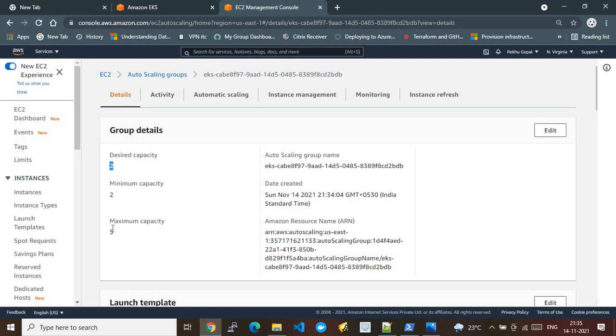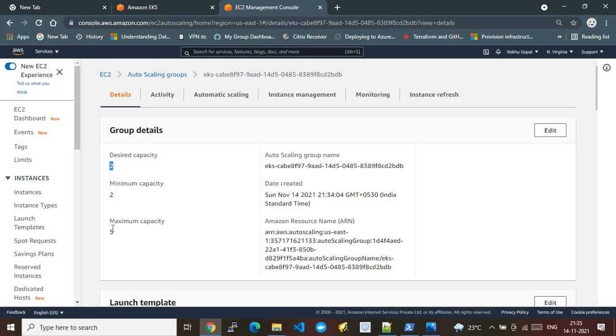Autoscaling time is when a pod resource crunch is happening, then the scheduling from the control plane will automatically identify the free nodes present in this EKS node group, and those waiting pods get assigned to the newly created nodes.